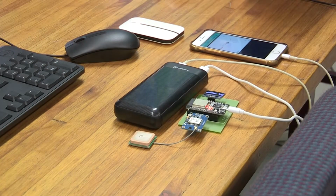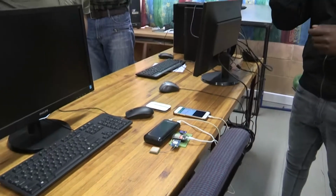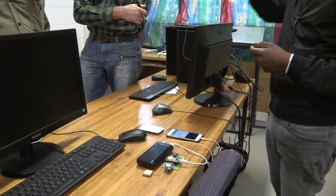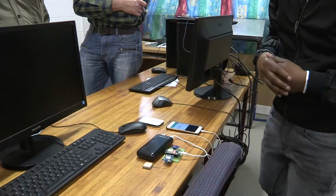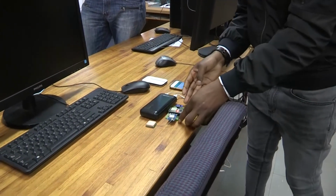Initially I wanted to use the M8Q U-Blox, but it was so rare to find, and they need to import it from Europe. So I opted to go with something similar that will do the same process. I got this Neo 6M because the similarities are not that far off. It can still function properly and do the work that I require, and you can also expand it. As you can see now, it receives signals, so the blinking goes on, so it can see the satellites. Okay, can you move your unit so we can change the...